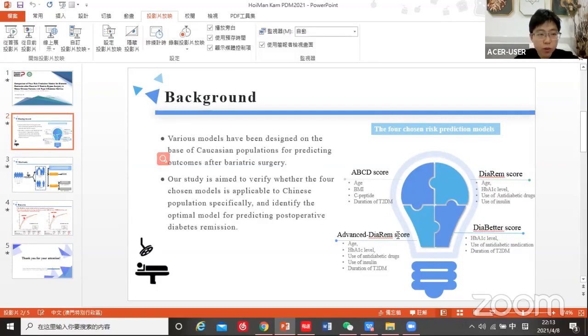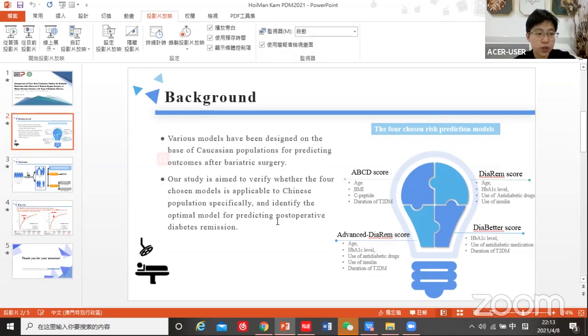We chose 4 most common models for our study, shown in the right picture. As you can see, each model consists of 3 to 5 clinical variables. Since most of the models have been designed and validated on the basis of Caucasian populations, our study is focused on verifying whether the 4 chosen models are applicable to the Chinese population specifically and identifying the optimal model for predicting